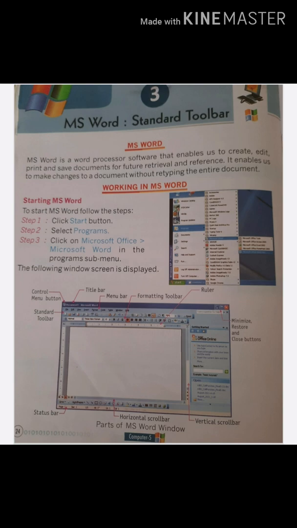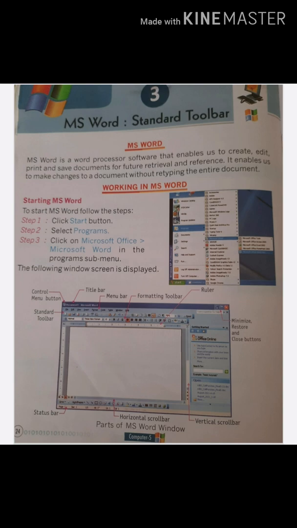What is selecting text? You can select text by using the keyboard or a mouse or a combination of both devices. Okay, using the keyboard. To select text using the keyboard, position the cursor to the left of the first character where you wish to select the text. Hold down the Shift key and move the cursor by using the keyboard. As you can see on page number 29, some shortcut keys are mentioned inside the yellow box. The following are the key combinations. You have to learn them all carefully for your future use.